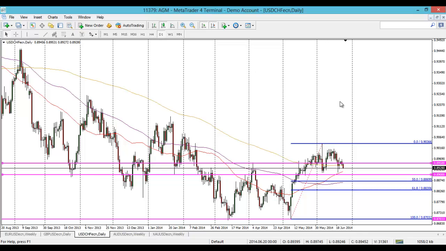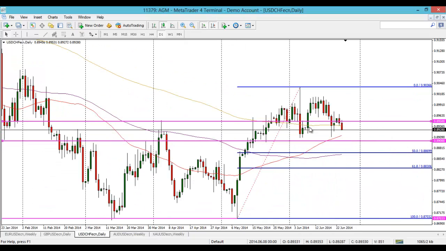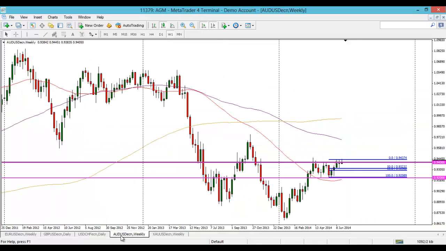These last couple of weeks, but you can see it does look like it wants to keep on retracing towards the downside now. It's been hovering around, buyers have been trying to prop it up but failing, and yeah, it just looks like it wants to come down to a healthier retracement level, and that's why I think this fib could be quite interesting if we do get there. And that's pretty much it in terms of dollar Swiss.